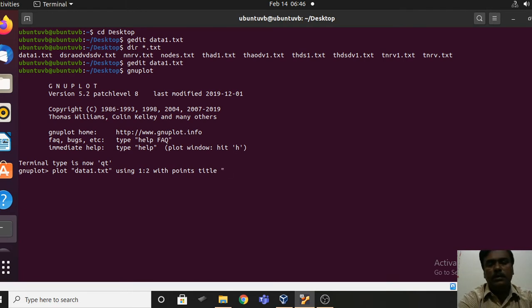I am plotting the graph number of nodes versus throughput. So let me give the title for this graph as nodes versus throughput,